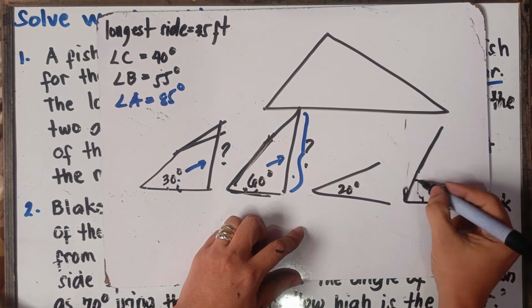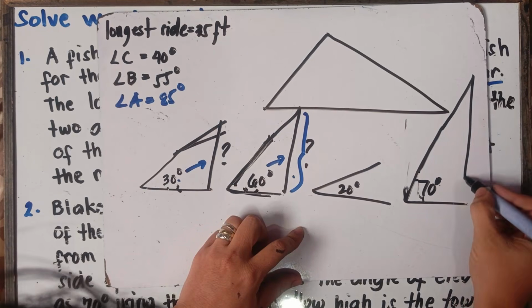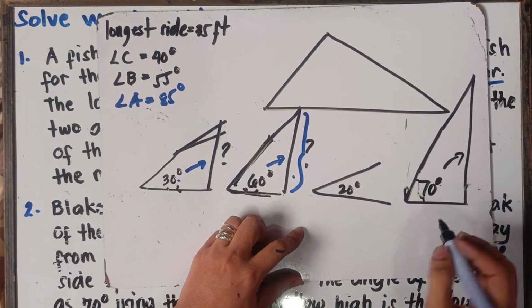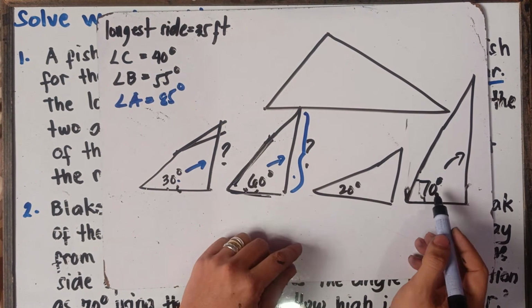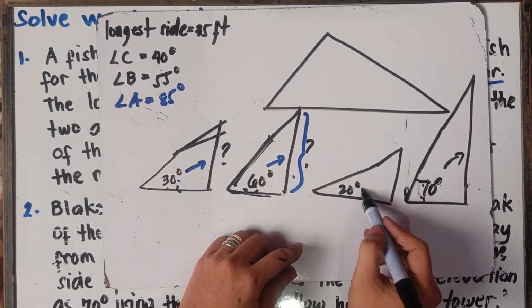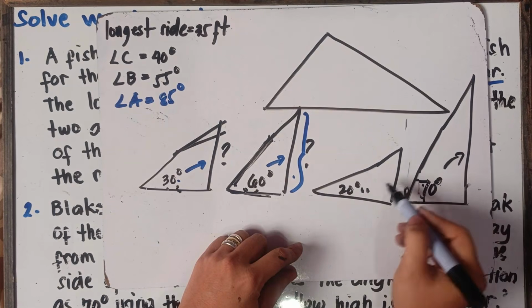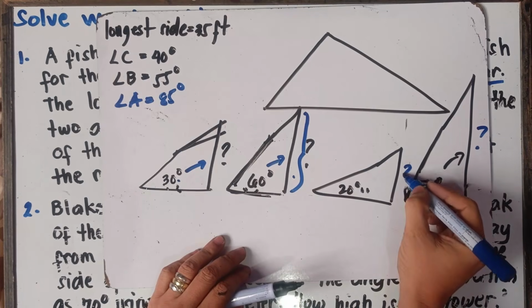70 degrees is like this. Now, of course, if this is your 70 degrees angle, the opposite side is like this. Therefore, class, of course, basic illustration, you know that the opposite side of a 70 degrees angle is greater than the opposite side of 20 degrees. Just based on the given illustration, class, this side will be greater than this side.